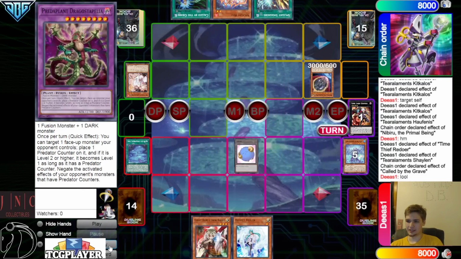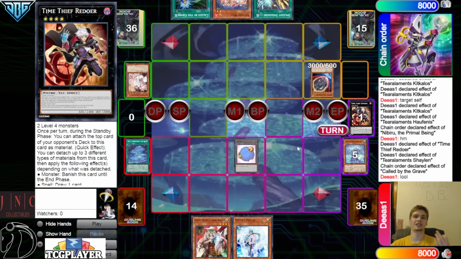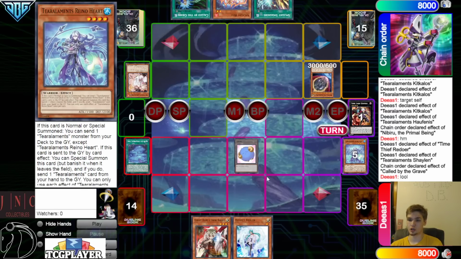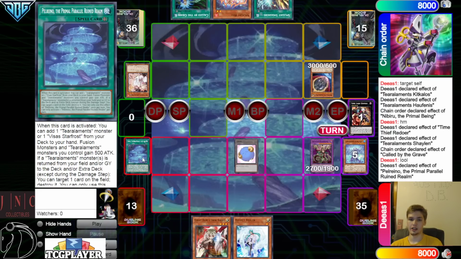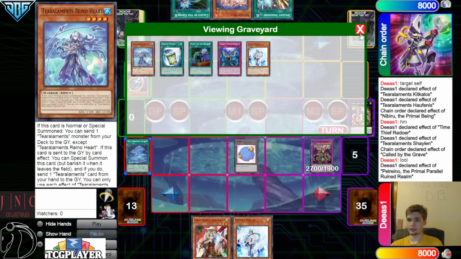Okay, so we get the effect because Redoer does not detach for cost. It actually detaches for effect. So we will get to trigger our effect underneath it to fusion into a Dragon's Stapelio. Now we can get this effect to pop. So we honestly didn't really deal with a lot there. Now that I think about it, well, now that it's here,